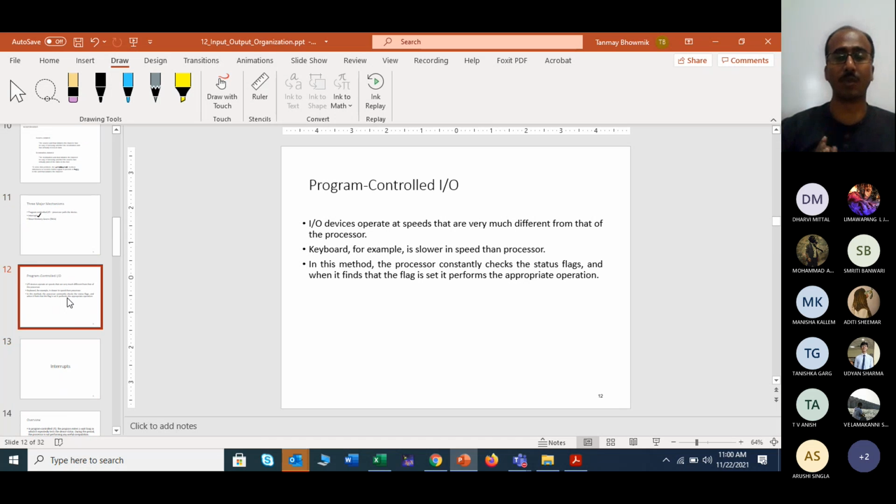Yes, the program controlled input output. Now, what type of question can be given to you?